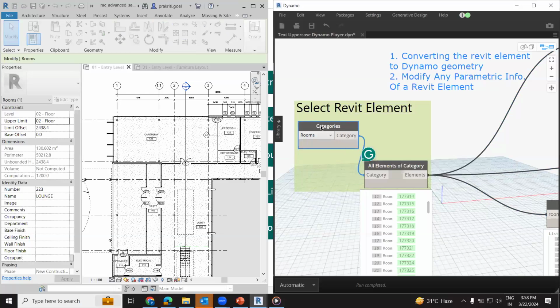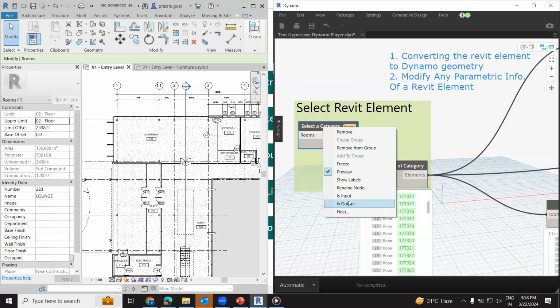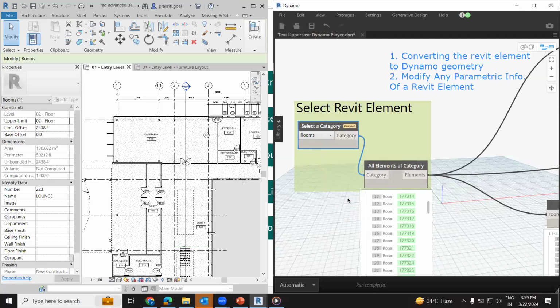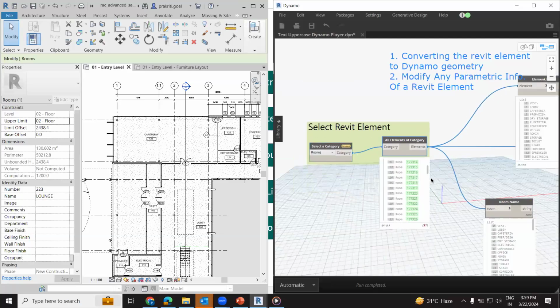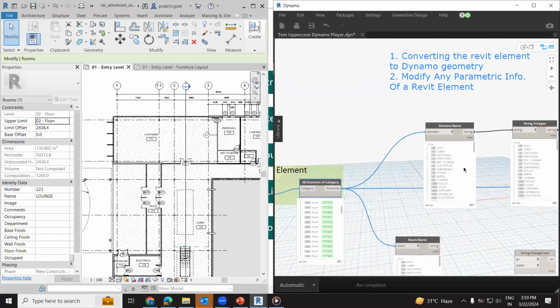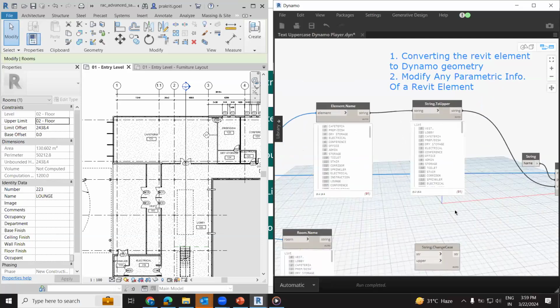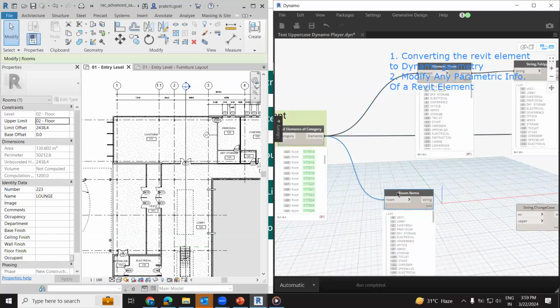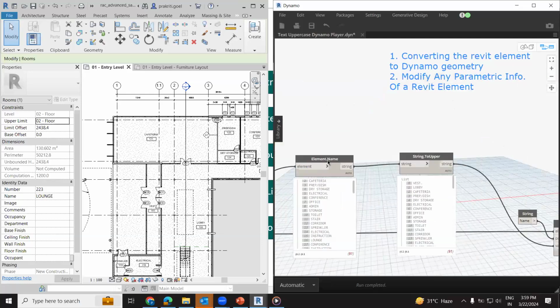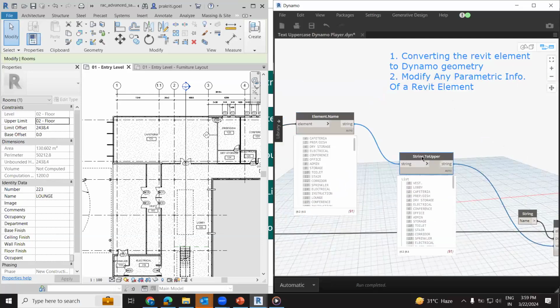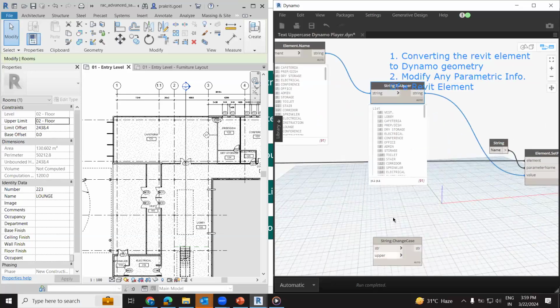Right now, if I right click on it, we have two options, is input and is output. Is input means as a user, as an architect, as a designer, as an engineer, we are providing input. So selecting a category is also an input, right? So I'm selecting this. Next, over here, this is selecting the element name. So I'm just deleting the room name right now. So we have this element name, and let's change this to change case,